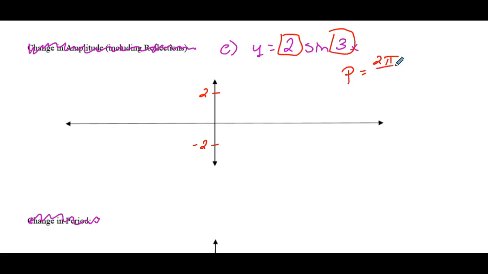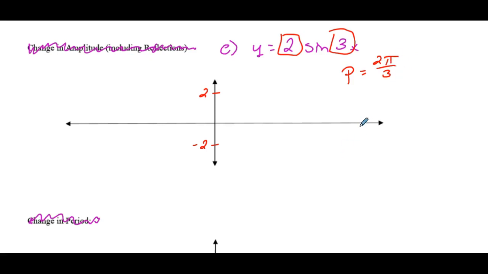Okay, so let's look at some of this kind of combined together. The first example is number E, which is y equals 2 times the sine of 3x. So we have two things happening here. We have an amplitude change of 2, and we have a period change of 3. All right, so let's start with the amplitude. It now goes up to 2. So I'm just going to put a 2 here and a negative 2 here. And now think about my period. My period is 2 pi over 3,